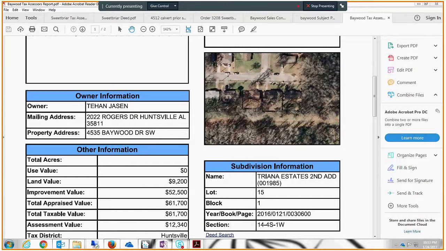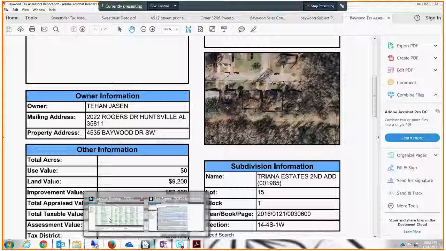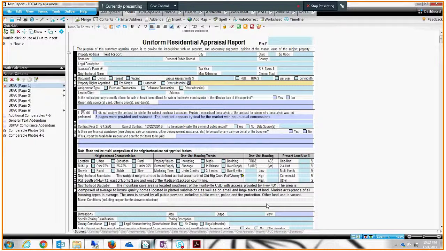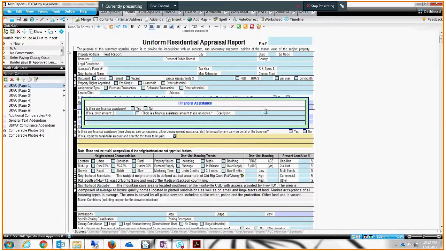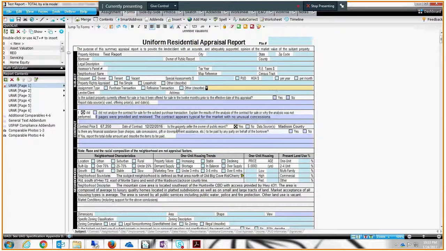All right, back over here to contract sections. We're going to say yes. And then our data source is Madison or Limestone County. In this case, the property's in Madison County. Final